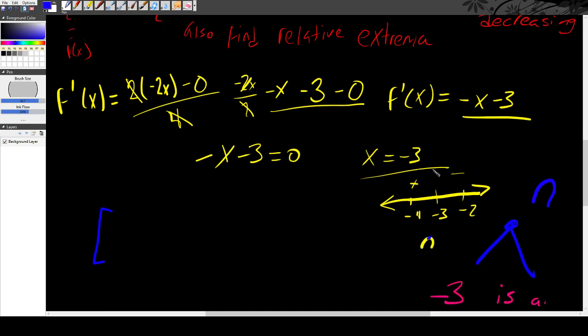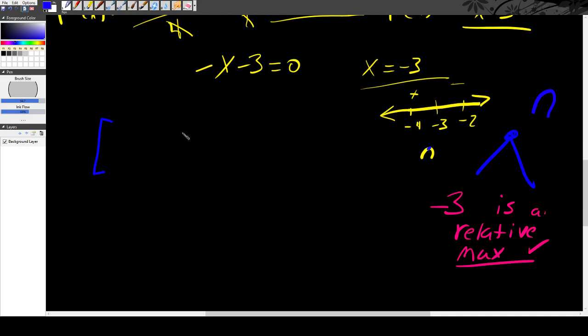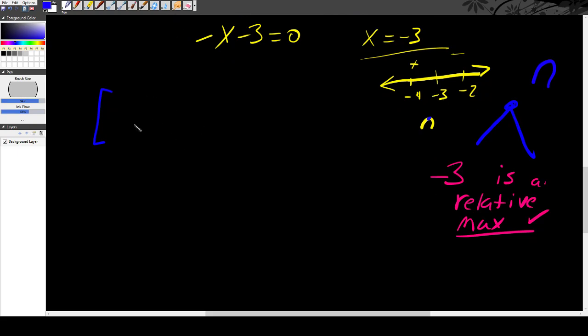It's just x squared, which is always a parabola. So we know it has to be negative infinity to some value, and that same value to infinity,